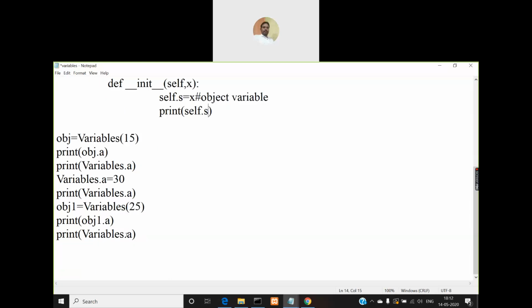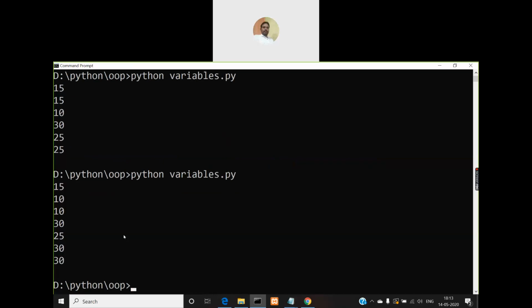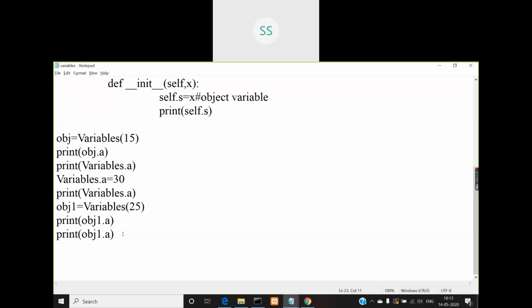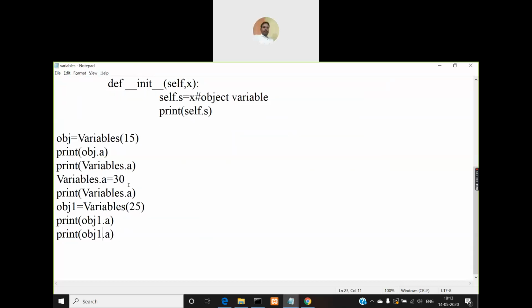Instead of variables dot a, I'll use obj1. So what will be the output for the last print statement? It must be 10, right? Yeah, but it must be 30, not 10, because we are modifying it here, right?